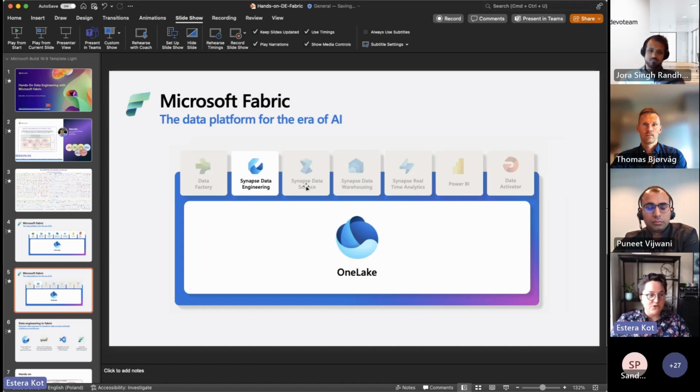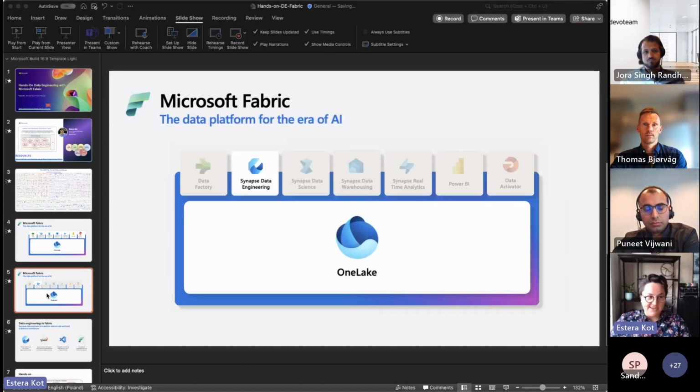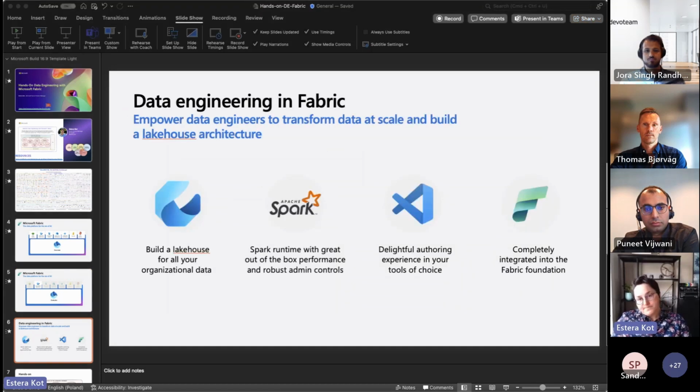Okay, so now we'll focus on just one part, that is data engineering. Here we have a couple of novelties which Fabric proposes, and how Fabric also simplifies the data engineering work. Starting with the first pillar, the Lakehouse. On top of OneLake, you can create a Lakehouse. The Lakehouse will be a big storage, a storage house for all your data, again built on top of OneLake.